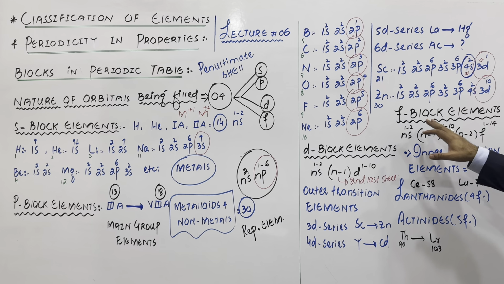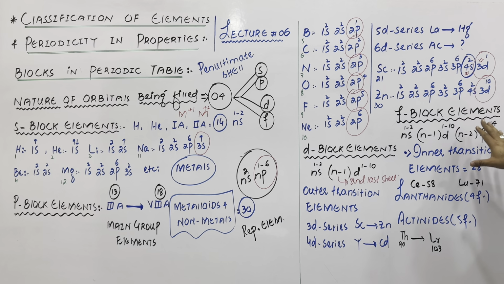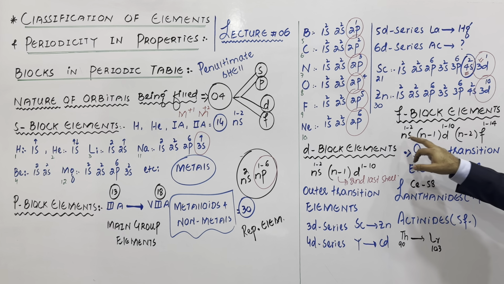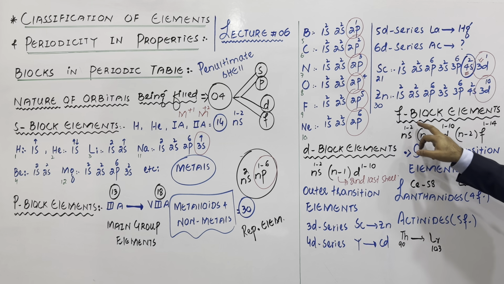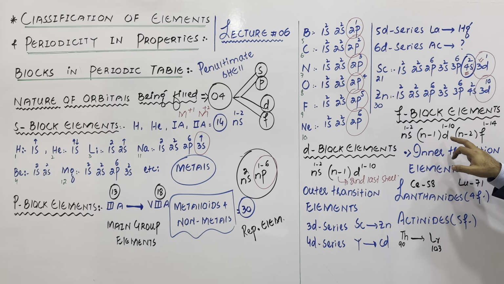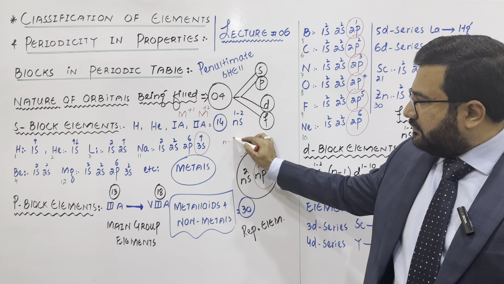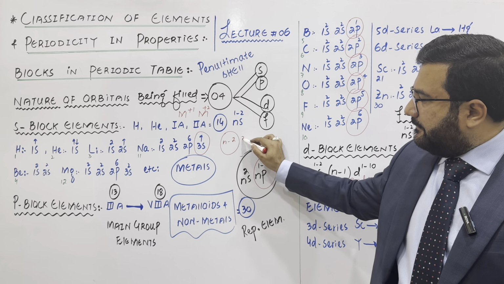And the last ones are the F block elements. Now the general configuration of the F block elements: n is the valence shell. So the S subshell of the valence shell usually has 1 or 2 electrons. The D of the second last shell, as I mentioned here, will have 1 to 10 electrons. And if n is the valence shell, n minus 1 is the second last shell, then n minus 2 will be